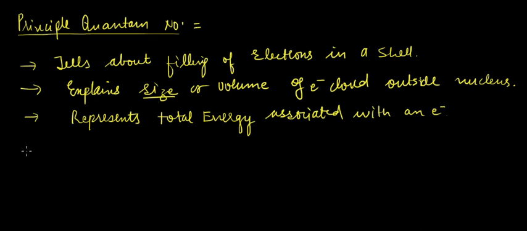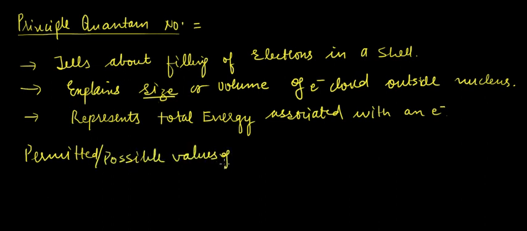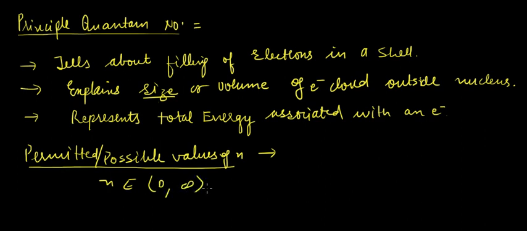Then next we'll be seeing what are the permitted or possible values of n. So those can be positive integral values except 0. So n belongs to the open interval 0 to infinity, where n belongs to I, any positive integer value